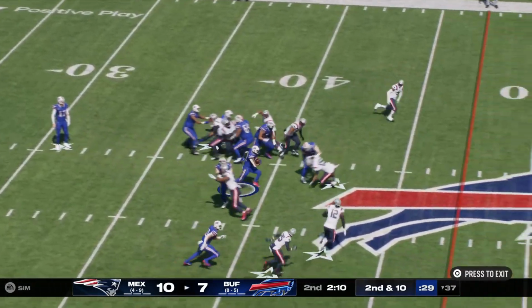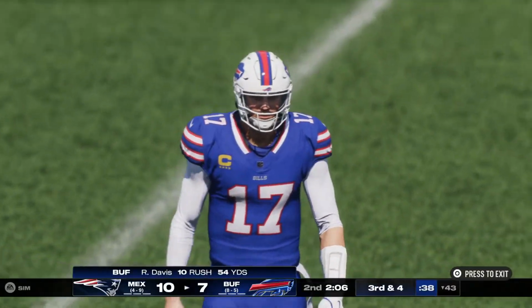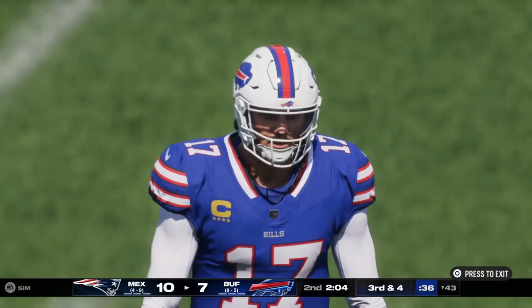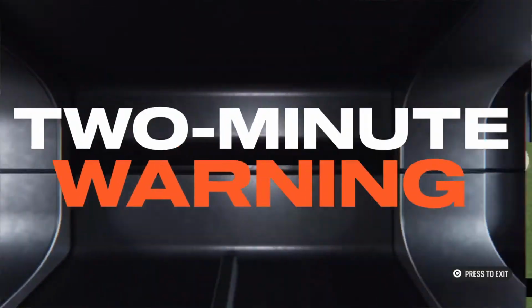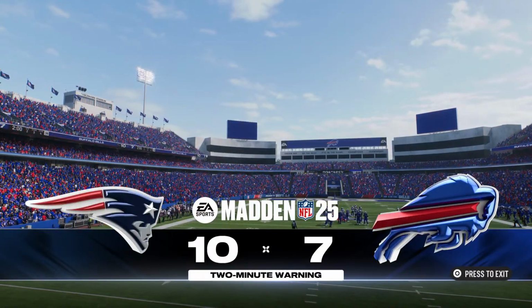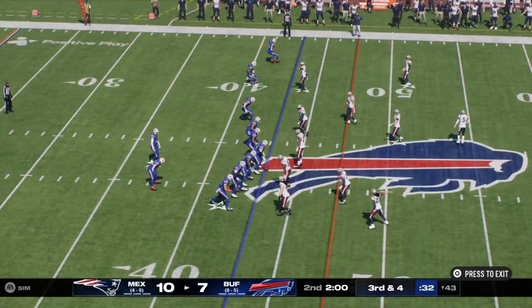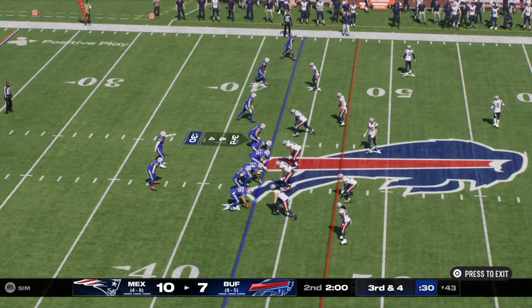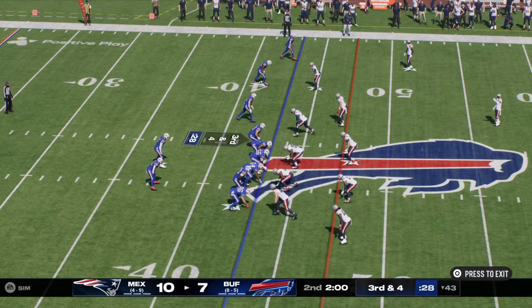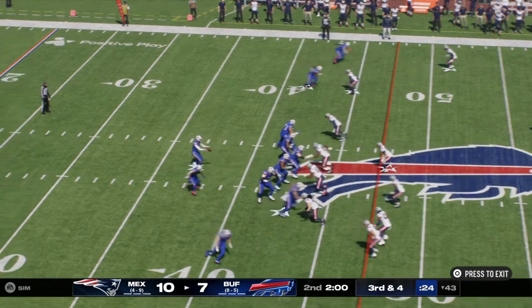Up the middle to Davis. And a 6-yard gain gets him right around the 43. 54 yards rushing for him now in the ball game. 2 minutes remaining in the first half. 10-7, our score. A reminder that coming up in 2 minutes' time, we'll check in with Jonathan Coachman from Orlando. He'll have highlights and analysis of this first half of play.